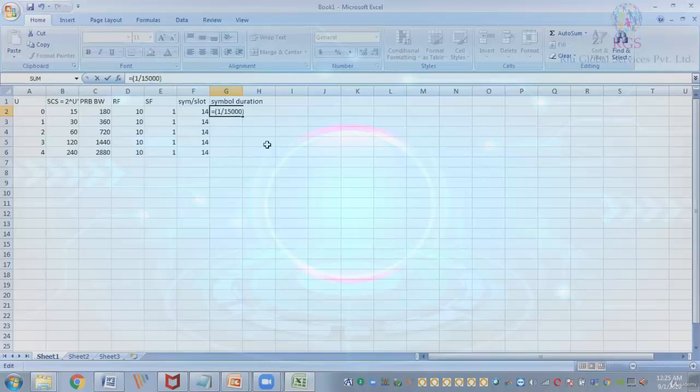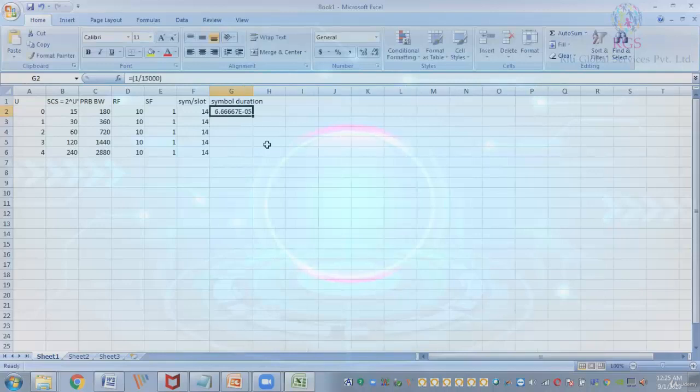So this is the useful symbol duration, 66.67